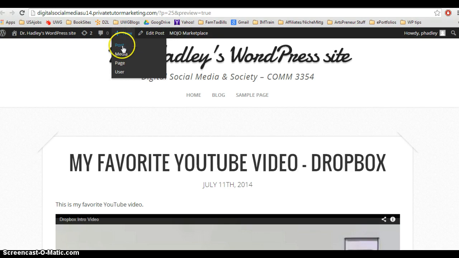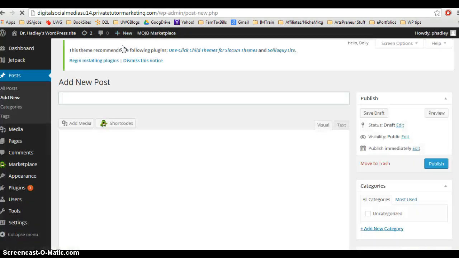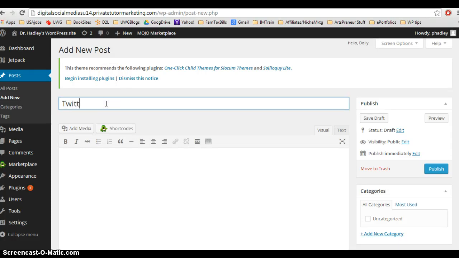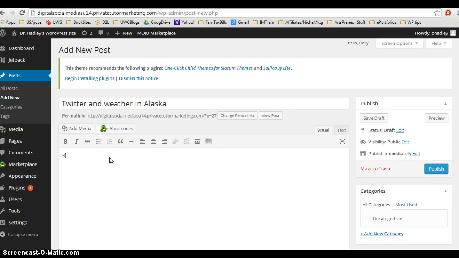And actually, let's add one more new post. Let's do Twitter and weather in Alaska. And that's my title. And I'm just going to type in a little text. Below is a tweet about the weather in Alaska. And what I want to do here is I'm going to embed some code from Twitter to embed a tweet into my blog. To do this, you've got to get out of the visual tab and go to the text tab. Make sure you're below all the code that appears here,